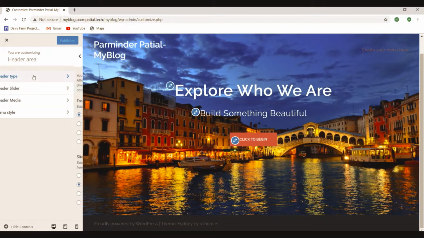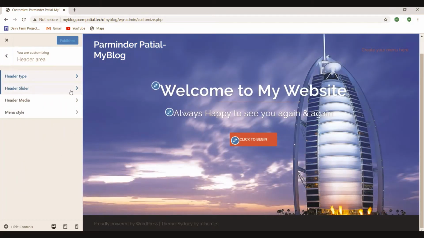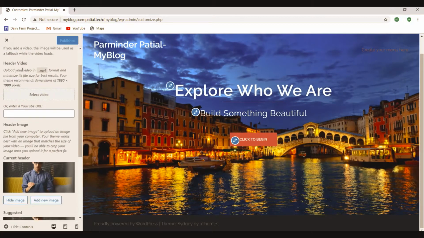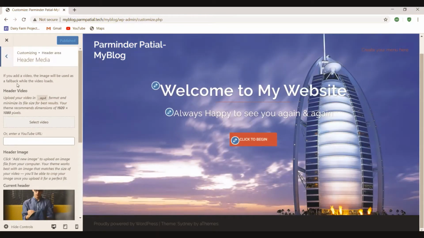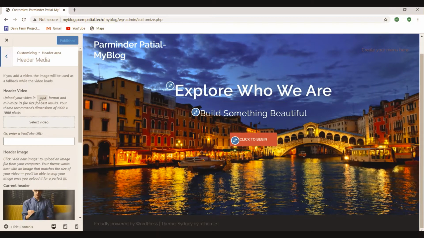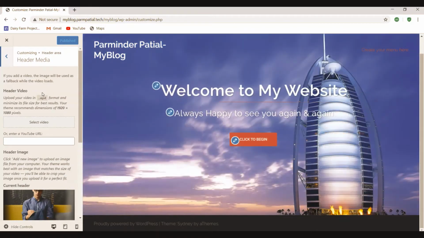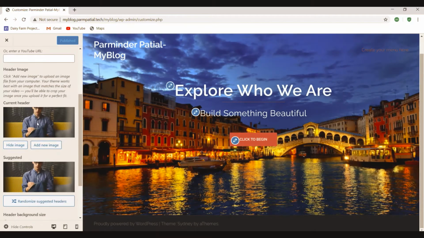Here we have selected the header type that we did in the previous video. Then the header slider we have created, then the header media we have done. Header media means on the header we can display a video file having the extension .mp4. If you don't want to put a video there, you can use a header image.